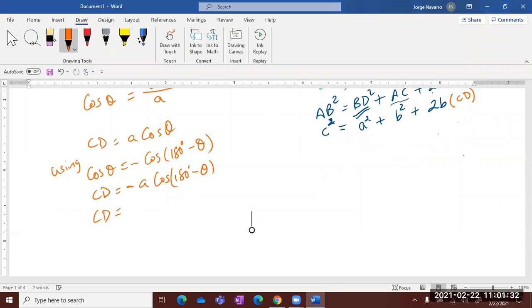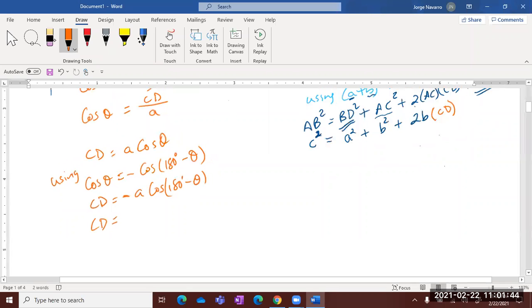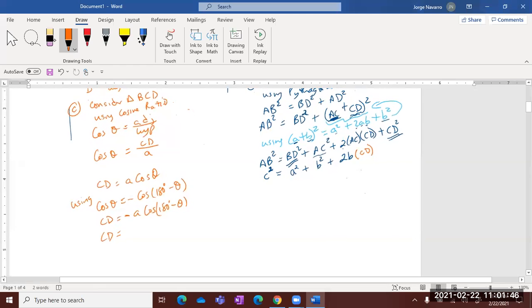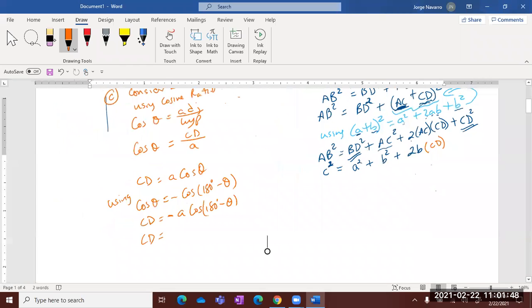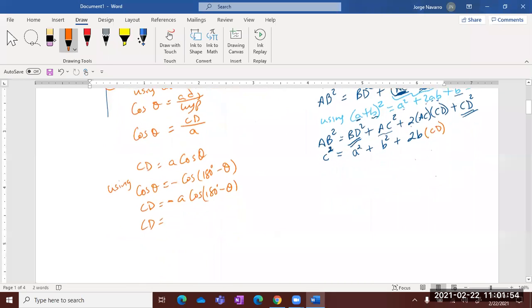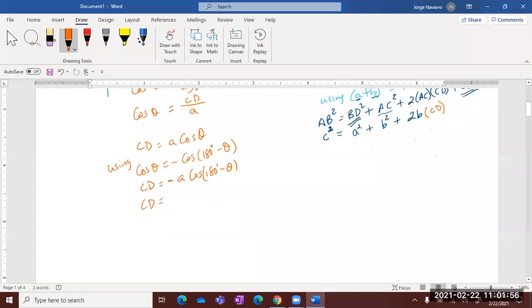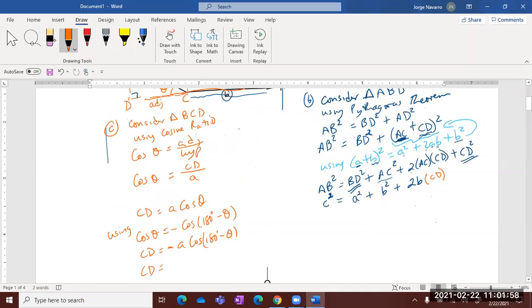Are you with me? Guys, are you with me? This is a rule. Yes, sir. I'll ask you again. Yes? Yes, sir. With that, cosine of theta equals negative cosine of 180 minus theta. Because